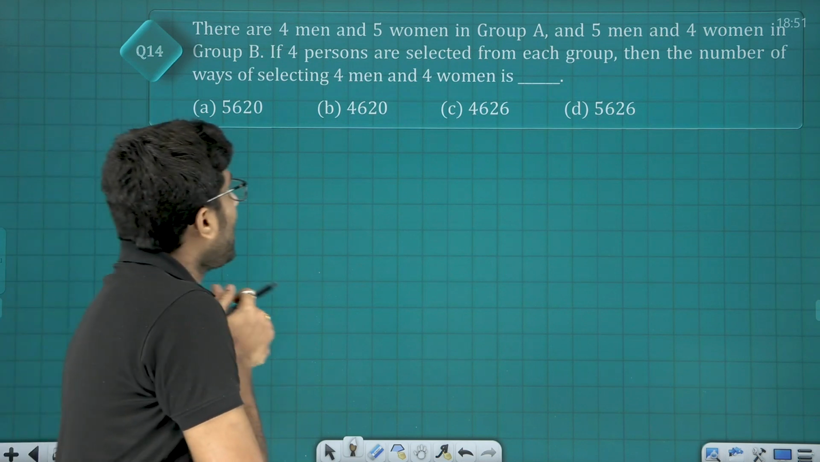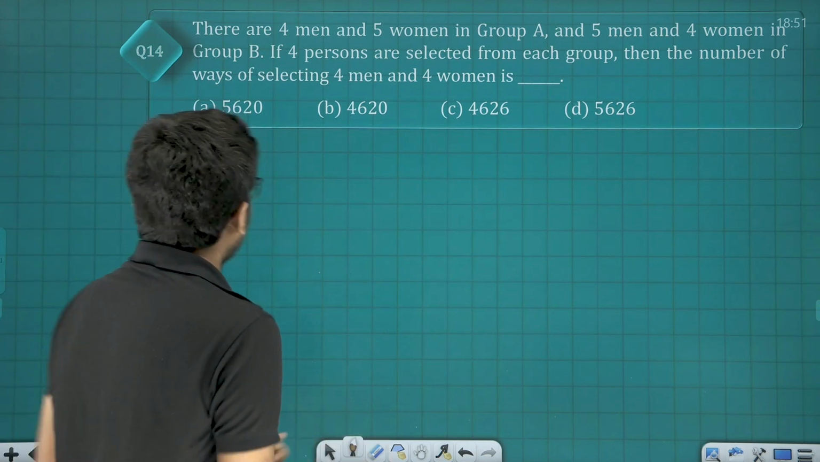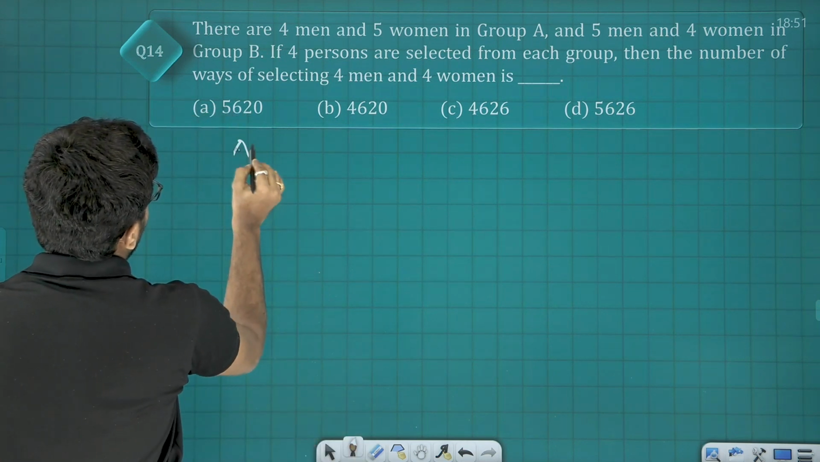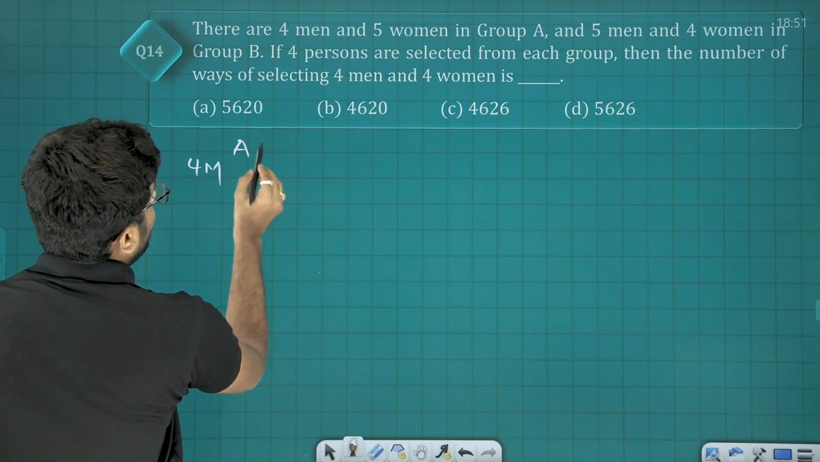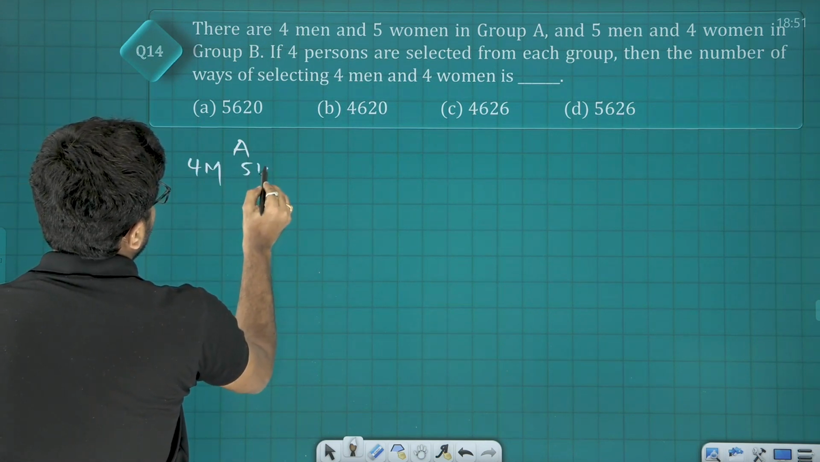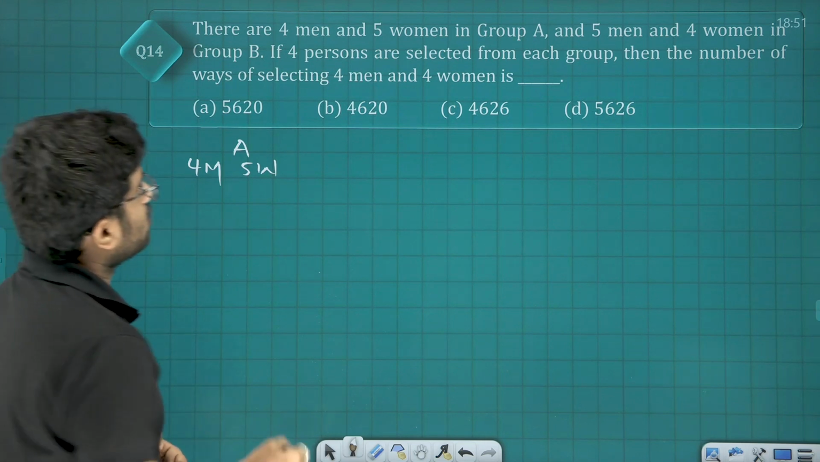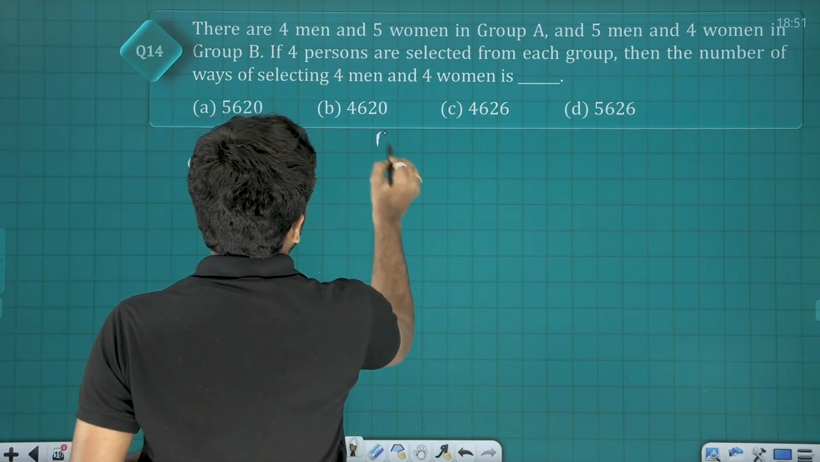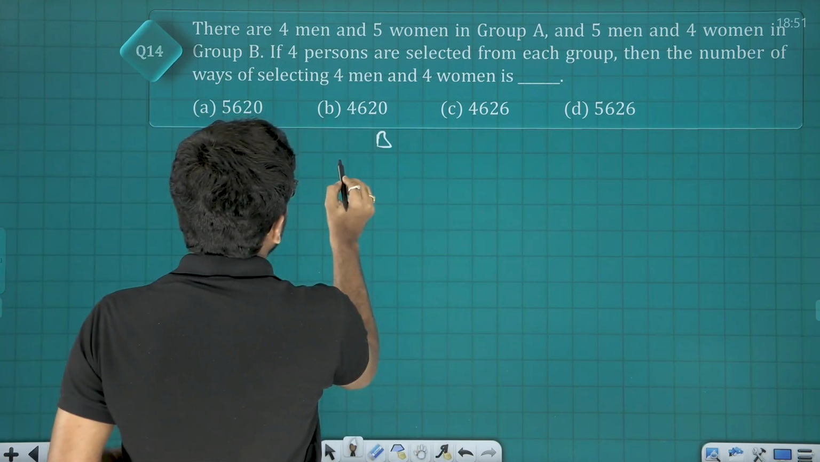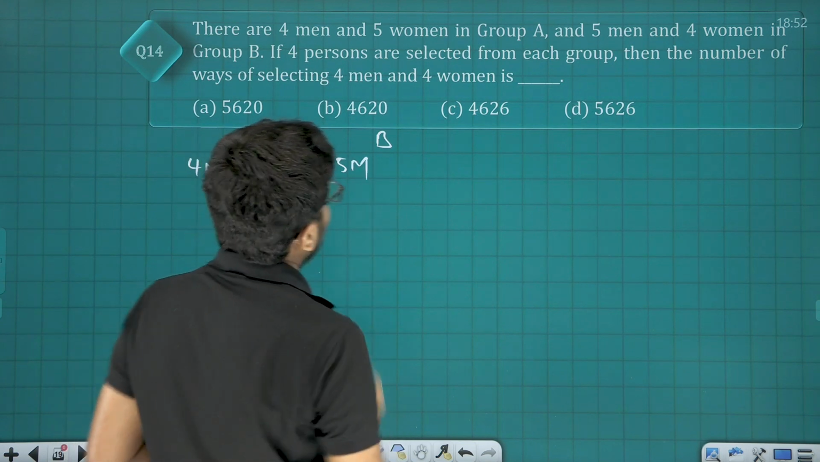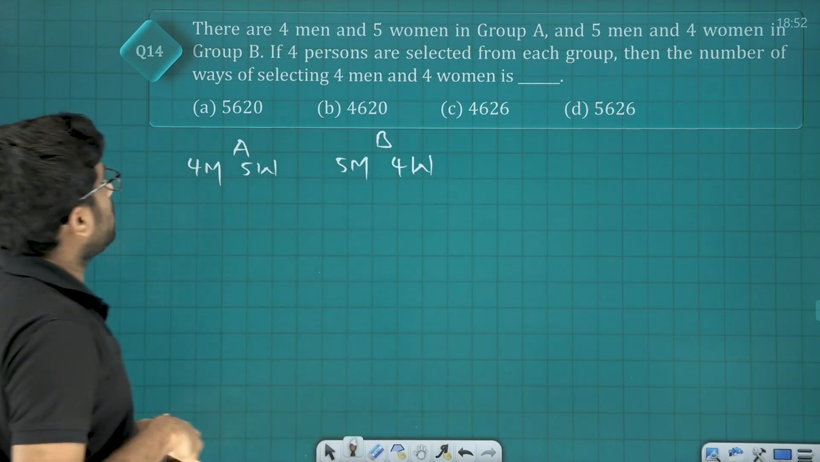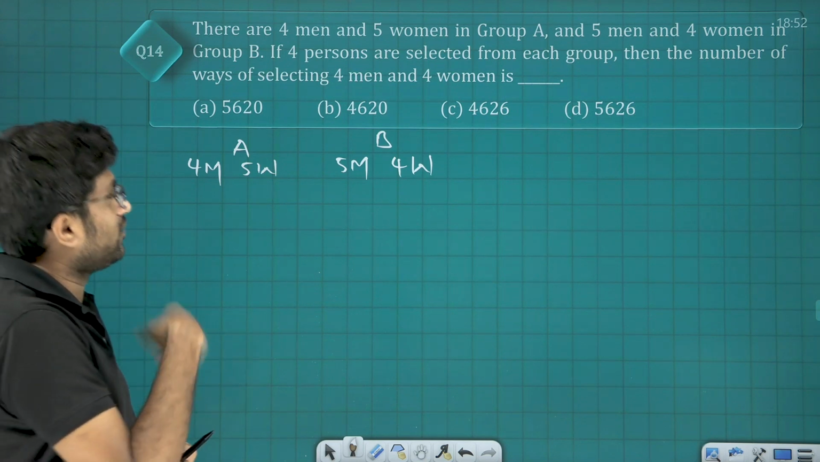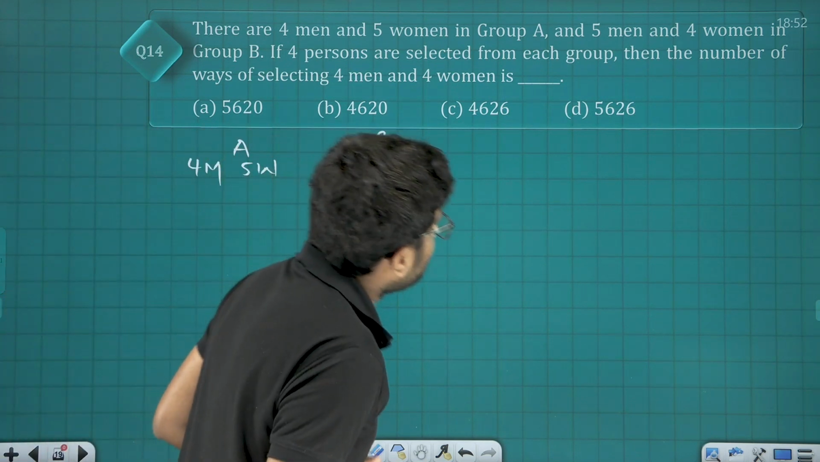There are 4 men and 5 women in group A. So group A consists of how many men? 4 men and 5 women. Okay. Next, group B consists of 5 men and 4 women. Acha. Now if 4 persons are selected from each group, then the